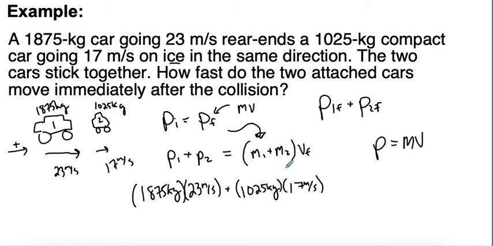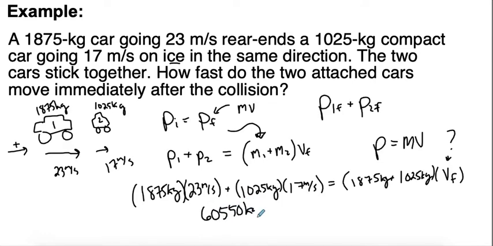Now let's fill out the right-hand side of the equation. So that's just going to be mass of car 1 plus mass of car 2 times that final velocity, which we don't know. That's what we're trying to find here. We're trying to find that final velocity. So now we can do a little bit of work here. Take those two, multiply them, take those two, multiply them, and add them together. And then we get